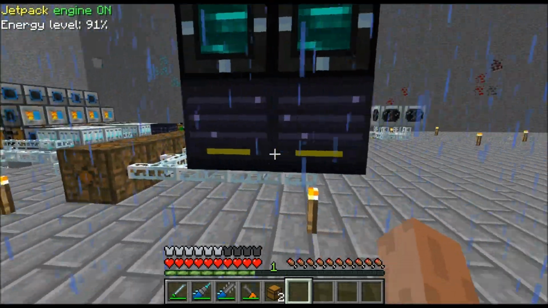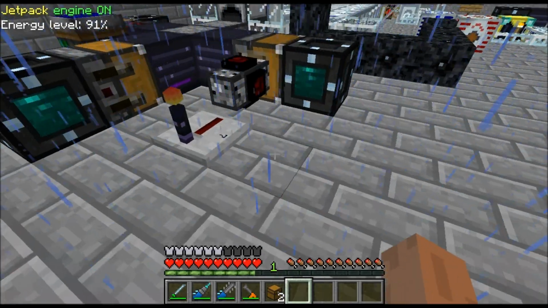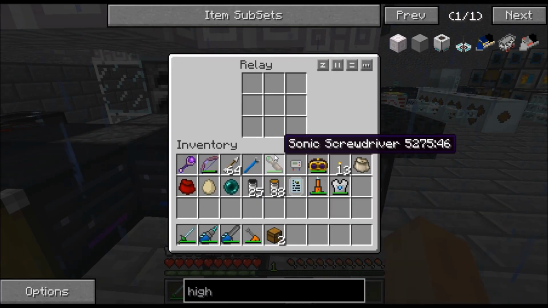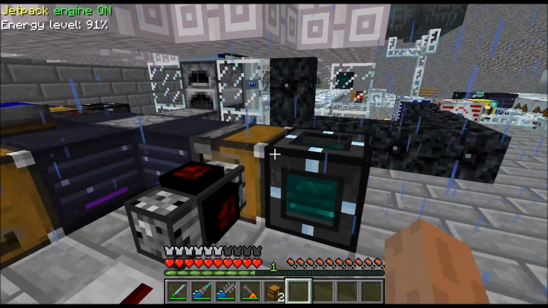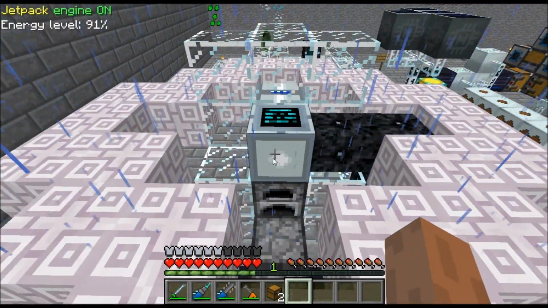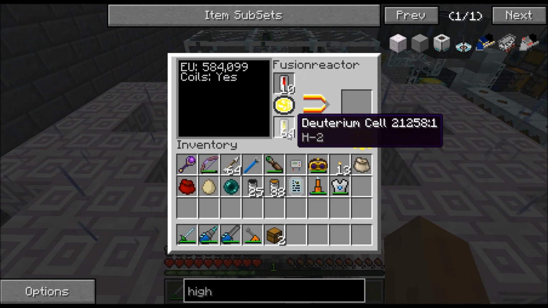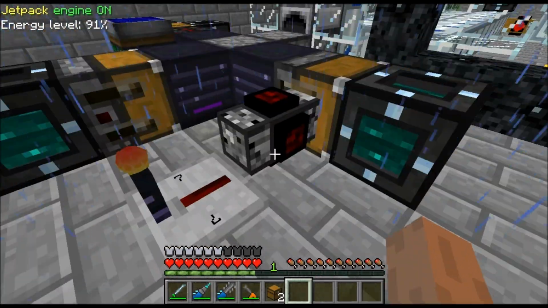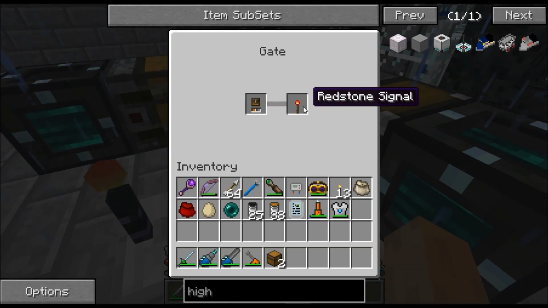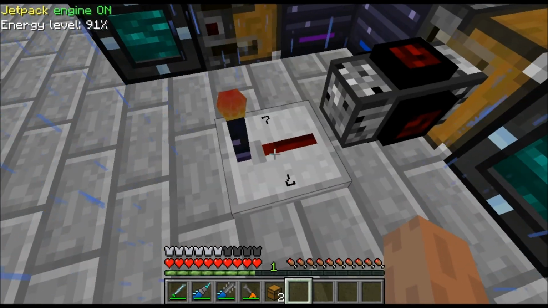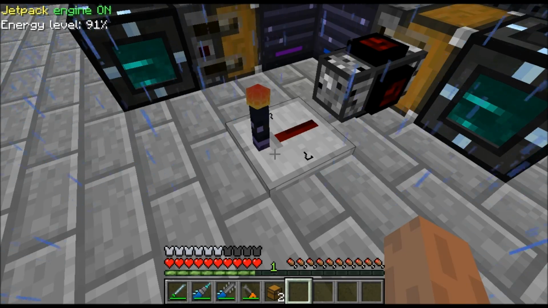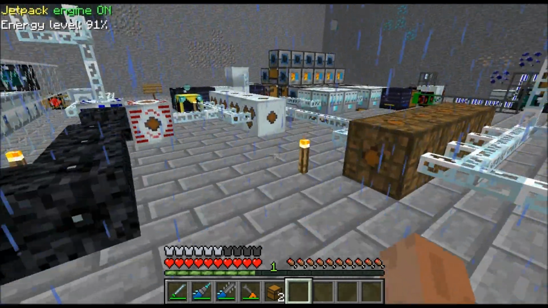Oh, another thing to show, to make sure that the system doesn't overflow, is I have an automatic shutoff for fuel production. So over here, in this relay, if this relay doesn't have deuterium in it, that means that it's run out of its buffer for the deuterium which goes into the bottom here. Then there's a gate that says if there are items in this inventory, emit a redstone signal. So if there aren't any items, it shuts off the redstone signal. This wireless transmitter goes over here